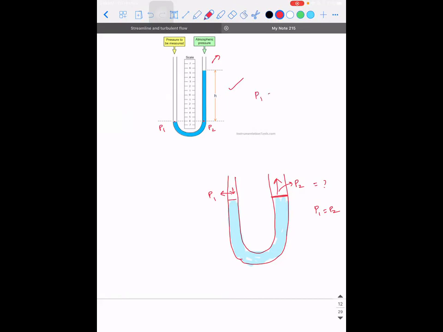So pressure at 1 is PA. What is the pressure at 2? It is PA plus rho GH. So P1 is equal to P2 means, so what can you say? That the excess pressure that is existing here is how much? Rho GH. That is rho GH. Okay, that is how this is how a manometer works. It is used to measure using the difference in heights. Are you able to visualize what a manometer does?